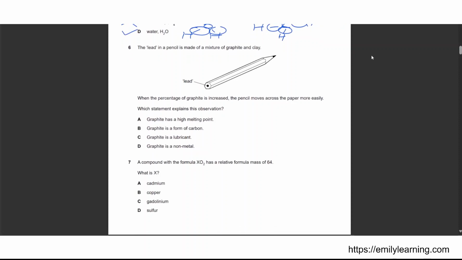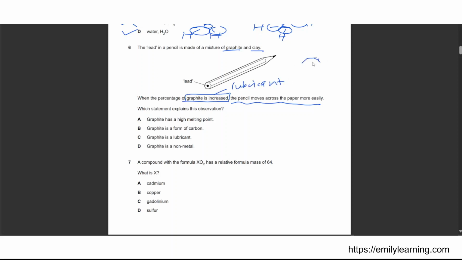Next, the lead in a pencil is made up of a mixture of graphite and clay. So when the percentage of graphite is increased, the pencil moves across the paper more easily. Okay, so one thing about graphite, we know that graphite can be used as a lubricant